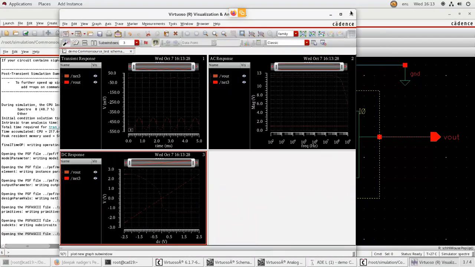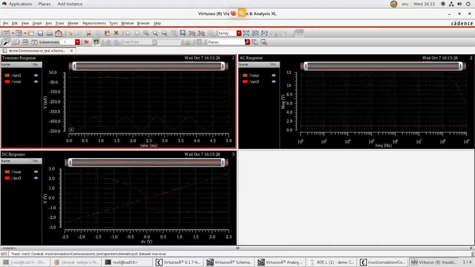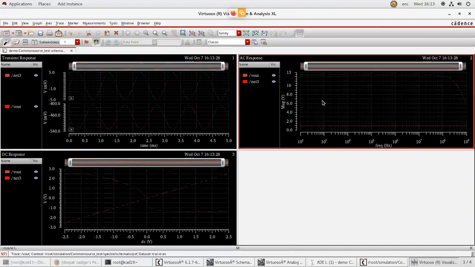After that, you will get these 3 waveforms: transient response, AC response, and DC response. You can see first in your transient response.